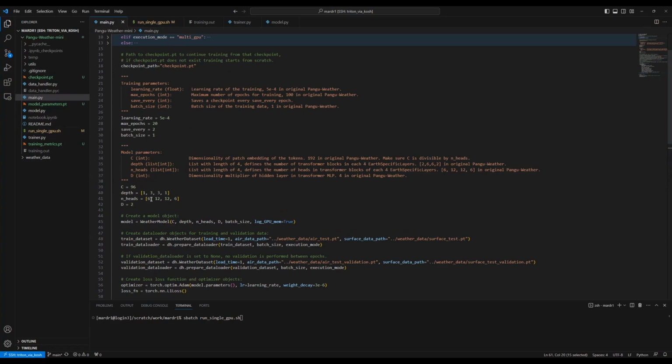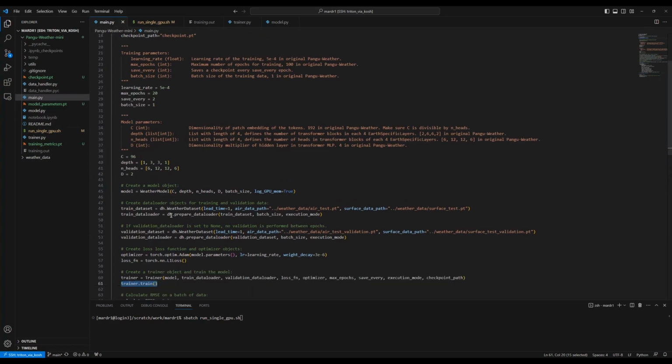When you are running this training script, you are calling the train method of the trainer class. The script will automatically create some files in the same directory where the main script is.